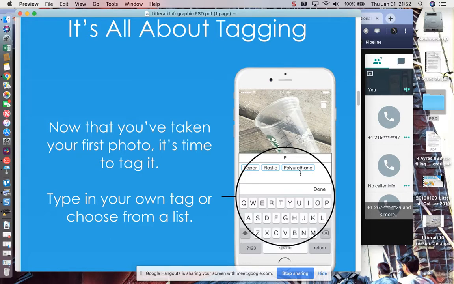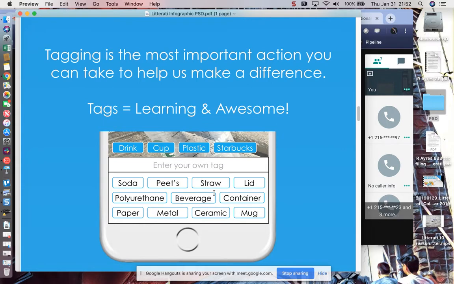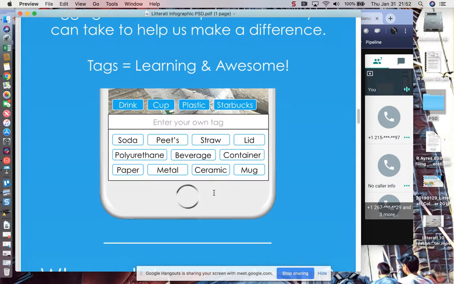And then you can tag. So we have the option to tag now or tag later. Tag now means as soon as you've taken the image, then you're encouraged to tag. Or if you tag later, then you can continue taking images. You take 5, 10, 100 images, and then you can tag later. It works offline and online, or you can just have it on network, or you can have it on Wi-Fi. Those are all changeable within settings. As I said, it will be important that you spend time tagging so that then you can do better analysis of what it is that you've found.